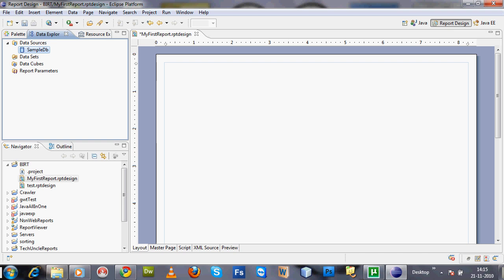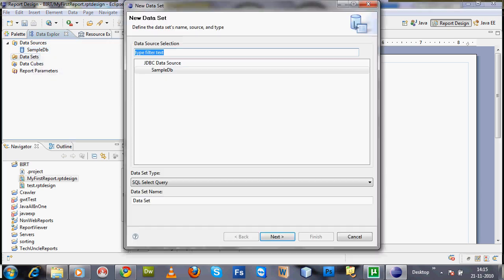So voila, we got a data source, sample DB. Now we will be able to use the data sets, that's the tables inside sample DB. So now let's click on this. Now it's giving me something called this. So I know there's a table called customers inside the data source sample DB. So I gave it a name customers, then I clicked on next,